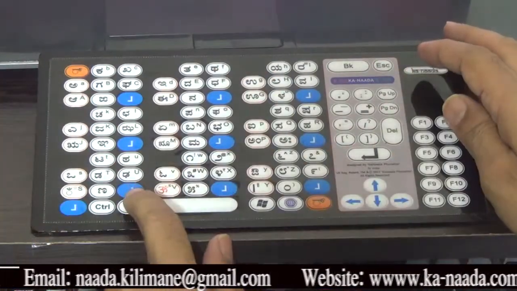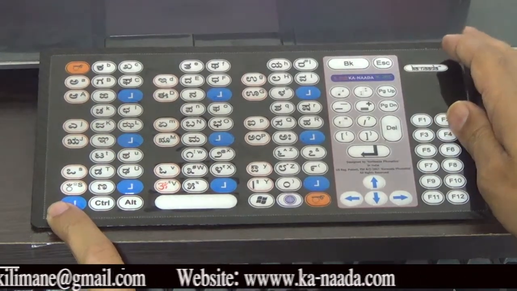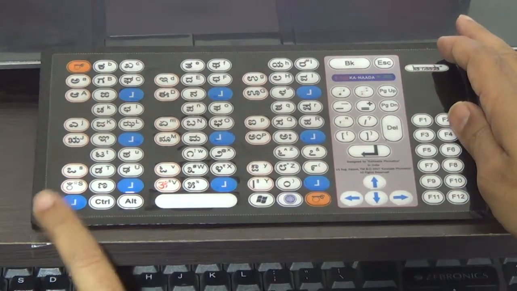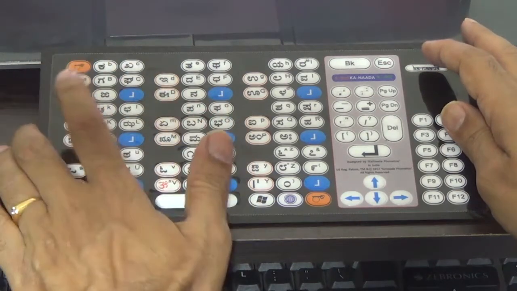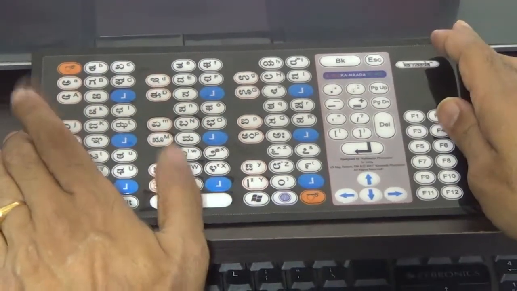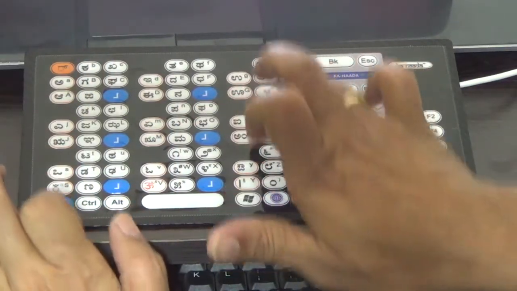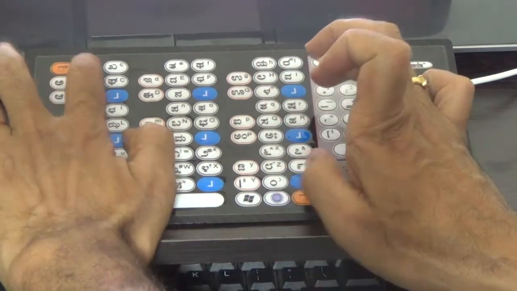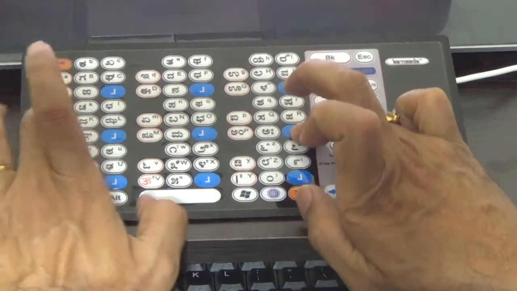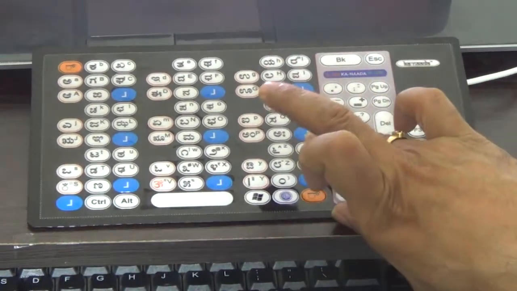So we have 10 of these blue buttons, and these are called shift buttons or join buttons. These buttons are used to join consonants with vowels. So if you want to make ka, you press ka on any one of these blue buttons, hold it down and press a. So ka plus a becomes the joined form. I'm holding this button here, so you've got to keep holding these buttons.